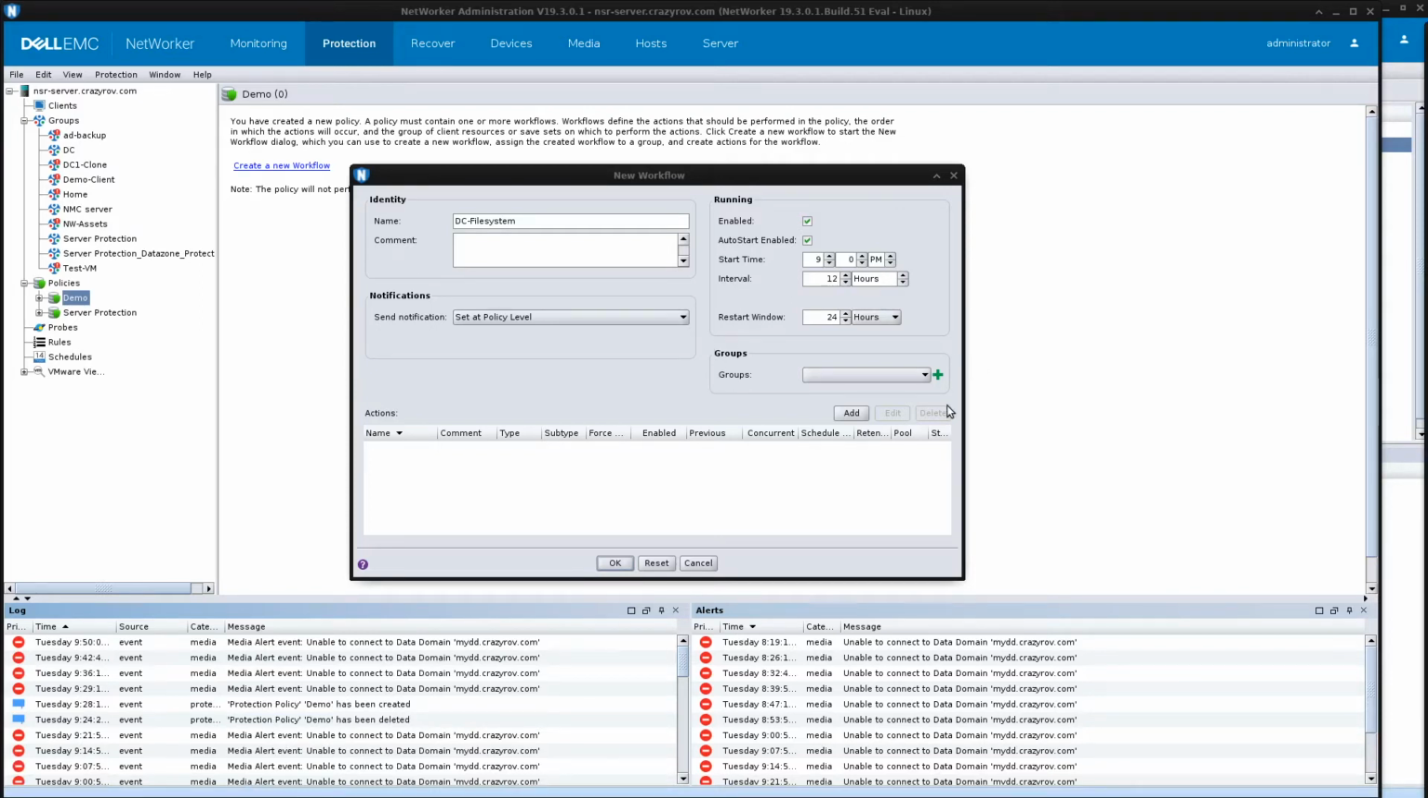You can either create a new group by clicking on the plus icon, or you can always select the groups that you have already created but not assigned to any workflow. Remember that workflow and protection group have a one-to-one relationship. So for the demo, let's go ahead and select the protection group demo client, which is of the type client,